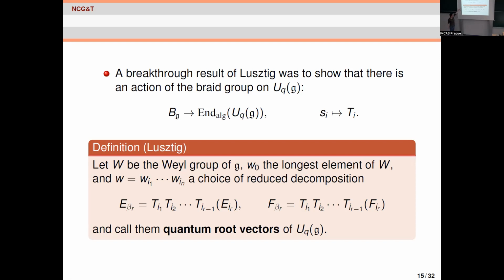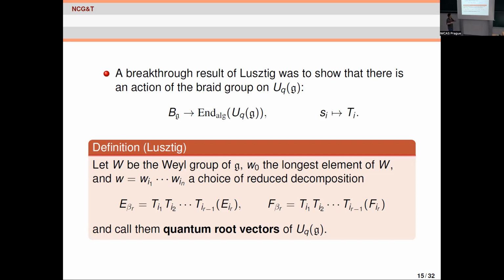So you see that it does extend across. You take the Weyl group, in our case, the A series, just the symmetric group, and you look at the longest element of the Weyl group. It's a finite group, so it has the longest element. This is a well-defined notion. But then there are a number of ways to express the longest element of the Weyl group. There will be ones which are shortest. That is also well-defined. And then you have a collection of these reduced decompositions, reduced presentations of the longest element